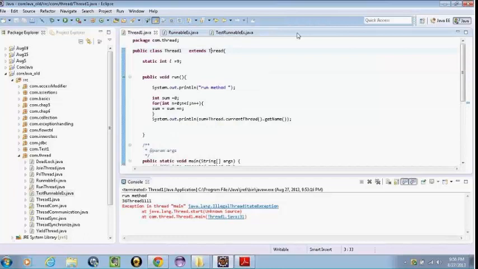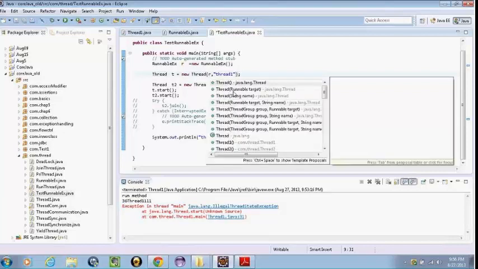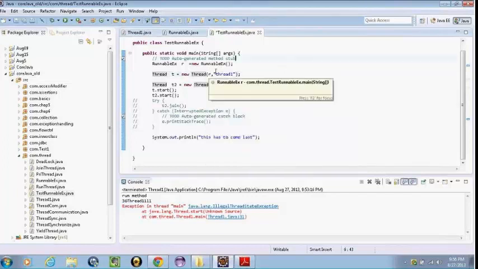Thread has overloaded constructors, folks. There is a constructor which takes the runnable object, one which takes just the name, and one more which takes the runnable object and the name of the thread. So I can just pass the runnable object, or when we pass the thread name, it sets the name for the thread. We use the same start method in either case to start the thread.